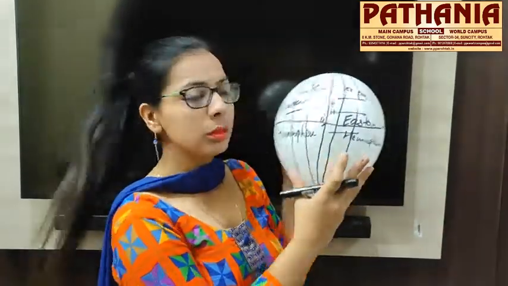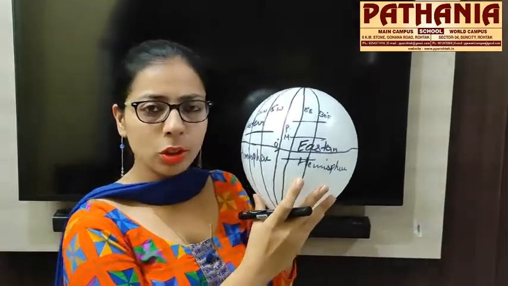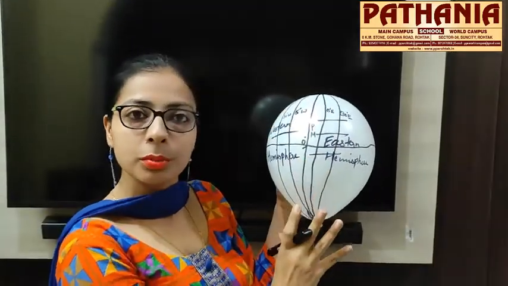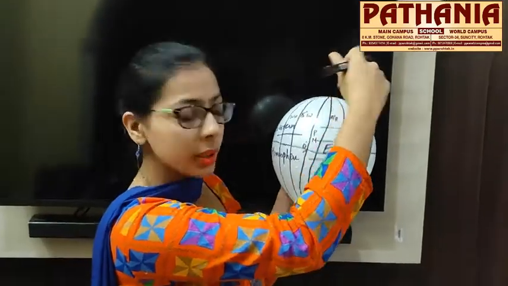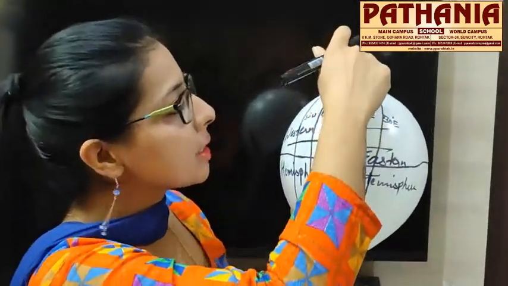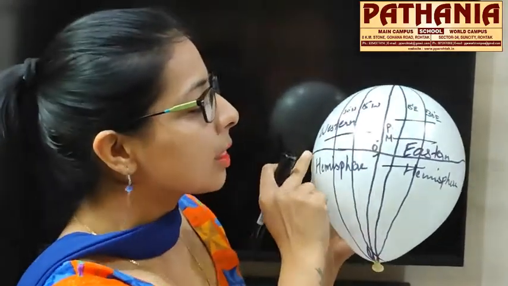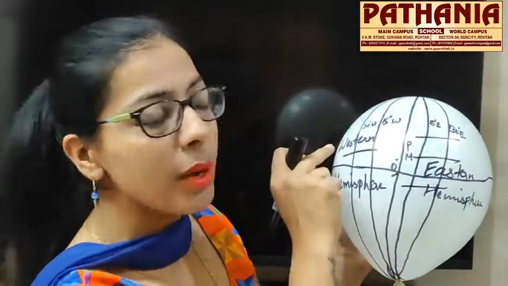Now to make you more clear about the concepts of latitude and longitude, I have one surprise for you. And you know what that surprise is? Your favorite thing. I am bringing a balloon. Is it a balloon? No, this is not a balloon. Now you have to consider it as a globe. Suppose I am having a globe in my hand. This is my north pole here and this is my south pole. The lines running from the north pole to the south pole are called meridians or longitudes, and the lines running from east to west are called latitudes or parallels.